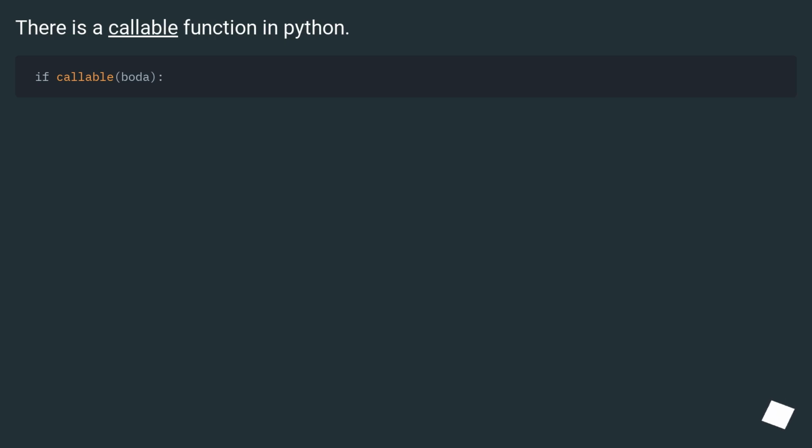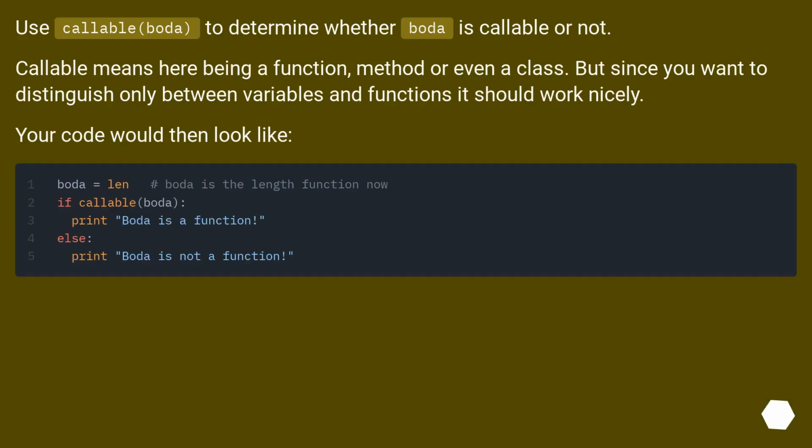There is a callable function in Python. Use callable(foo) to determine whether foo is callable or not. Callable means here being a function, method or even a class. But since you want to distinguish only between variables and functions, it should work nicely. Your code would then look like